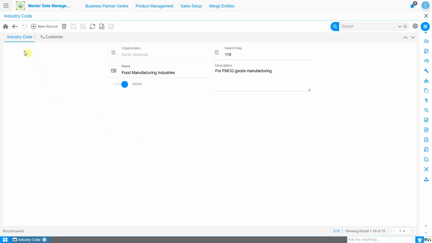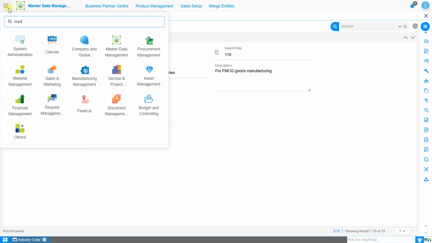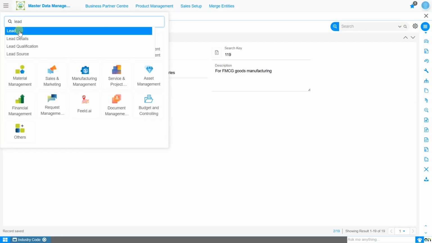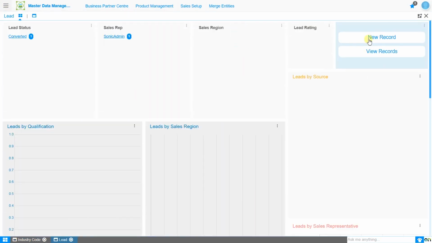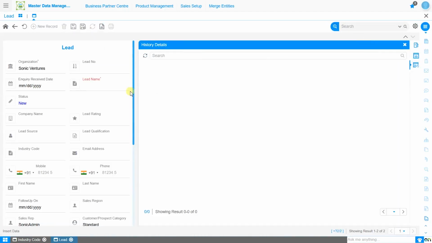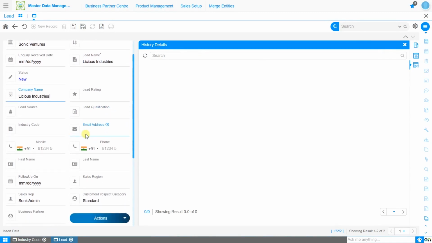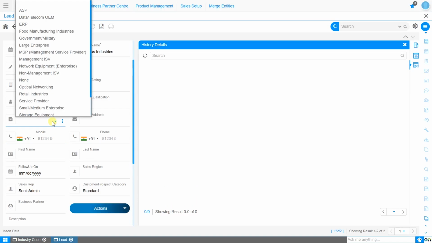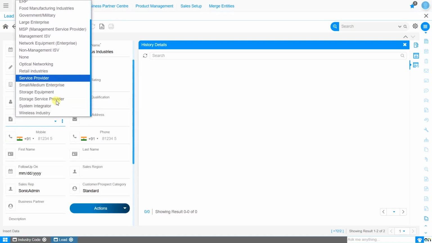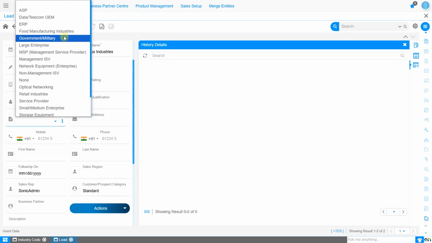Let's quickly see where we can use these codes. Let's assume we have received a lead for ERP implementation from Licious Industries, and we need to link an industry code with this lead. First, we will fill in all the necessary information. Then, if you look at the industry code drop-down, you will find every code that was present at the master level. We will select our code